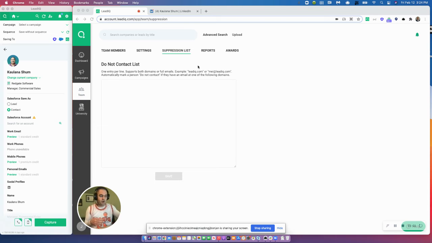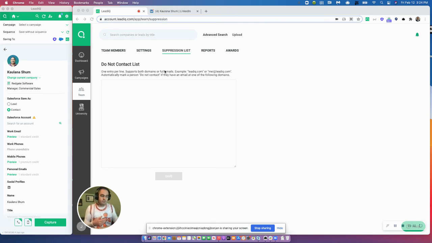You can add all of those contacts into this do-not-contact list. It's a suppression list, and you can do it in bulk, uploading and adding all those email addresses in. Or if an entire company has opted out, you can just enter the website domain for that company. In either scenario, LeadIQ is going to suppress that company or that individual person's contact info.